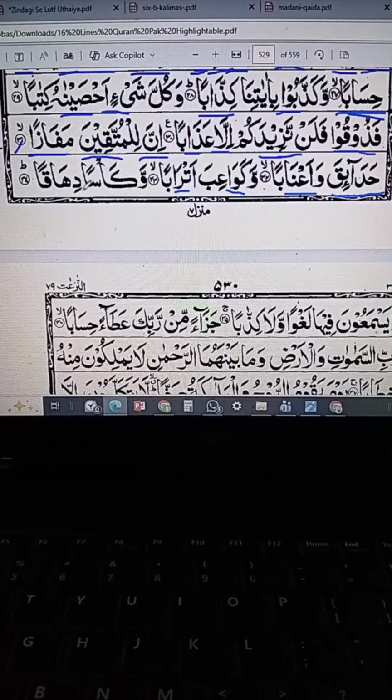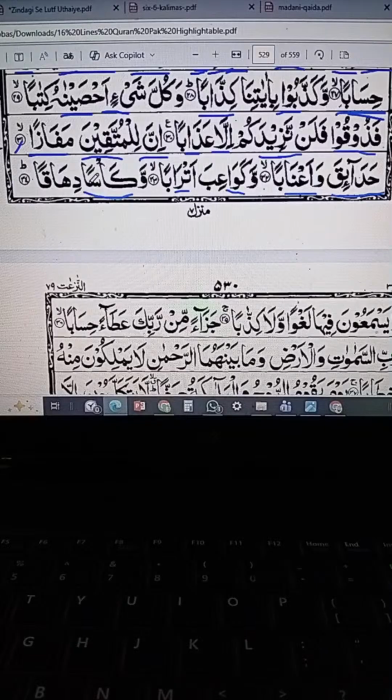Atraba wa ka'san. You can see this alif has jazm, and it's sakin, so kaf will attach with this alif, and this will not be called alif. When alif has zir, zabar or pesh, it will become hamza, it will be called hamza. When alif is empty, no zabar, no zir, no pesh, it will only be called alif. Otherwise it will be hamza. Wa ka'san, kaf is going to attach with hamza.